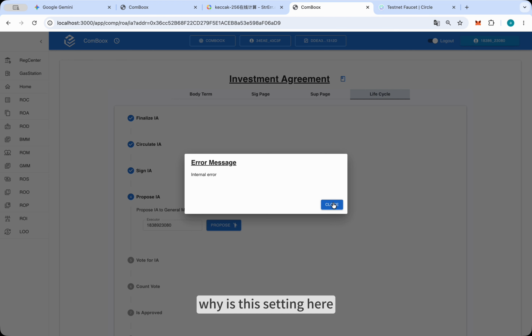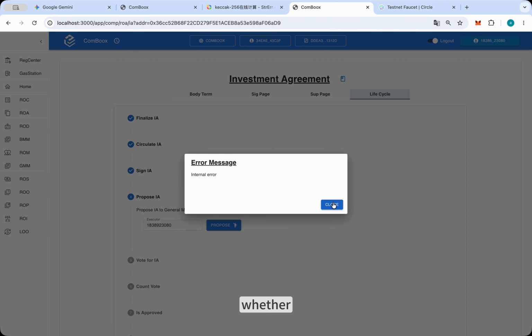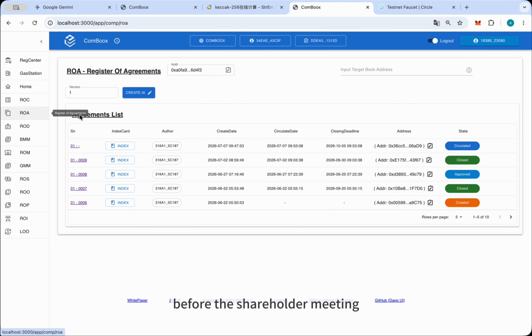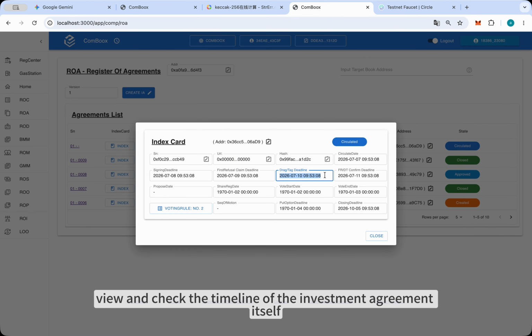Why is this setting here? We introduced it in a previous video. If special shareholder clauses include drag along, tag along, anti-dilution, or preemptive rights, the system automatically retrieves the relevant schedule from the shareholder agreement and calculates whether the submission to the shareholder meeting is allowed now. Typically, these shareholder exercise matters need to be arranged before the shareholder meeting voting procedure, i.e., they must be exercised before the vote. So let's first switch to the investment agreement register view and check the timeline of the investment